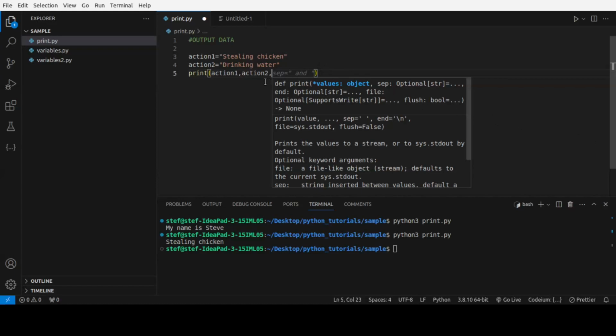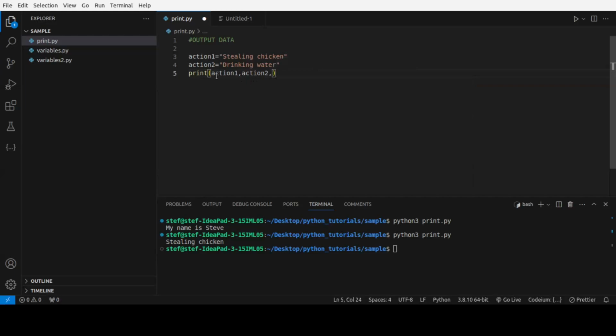on one line, but in reality they're separate strings. So action one is one string, action two is another string, and let's say I add another string here, mixing potions. I played way too many games earlier. Mixing potions. So now this print statement is seeing three different strings,